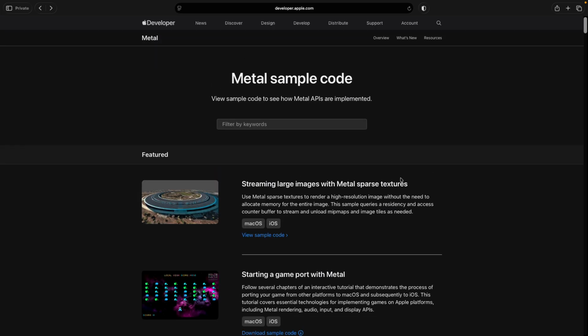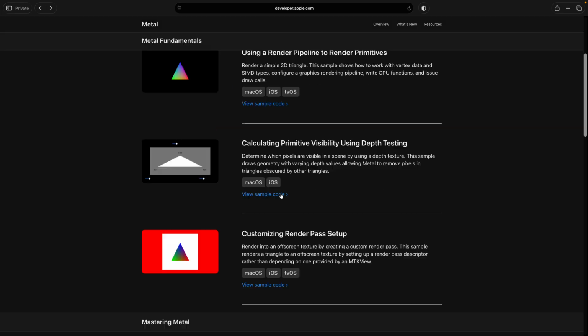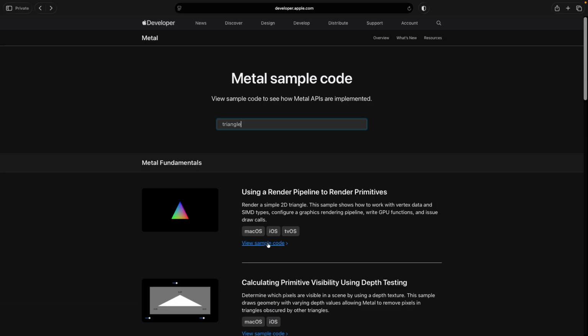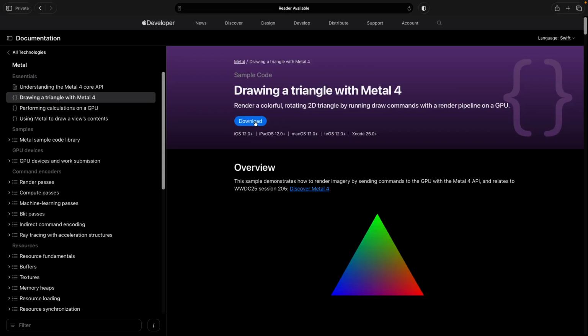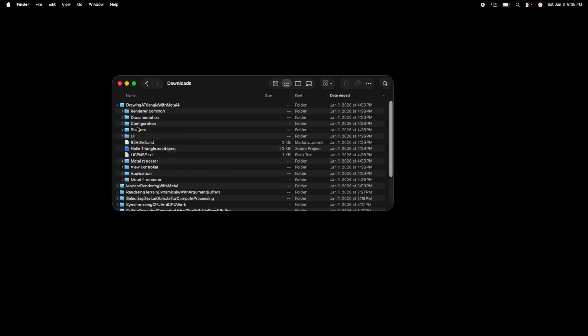So what we want to do is just go through running the simplest of simple examples, and that is the triangle example. So you view sample code, and then you download the file. When you download the file, you're going to get drawing a triangle with Metal 4, right? So you open it up and you open the Hello Triangle Xcode project, right? So that's going to open up